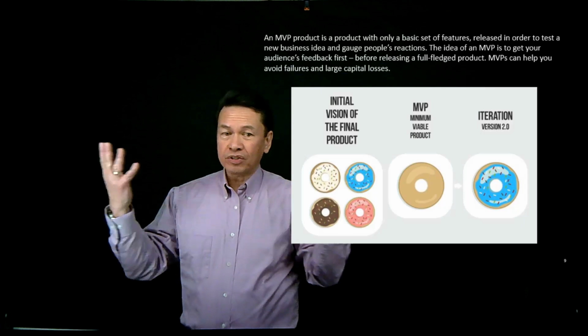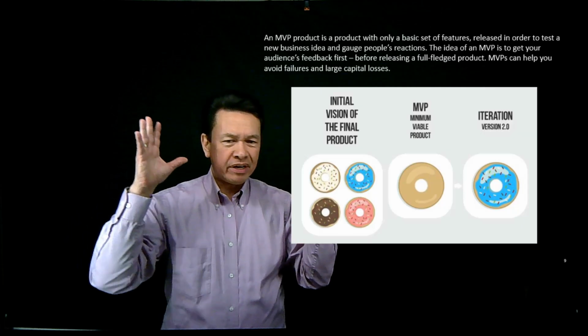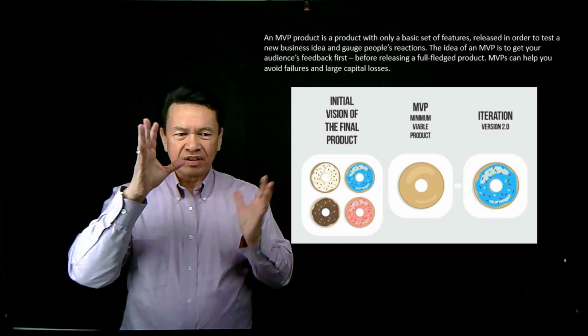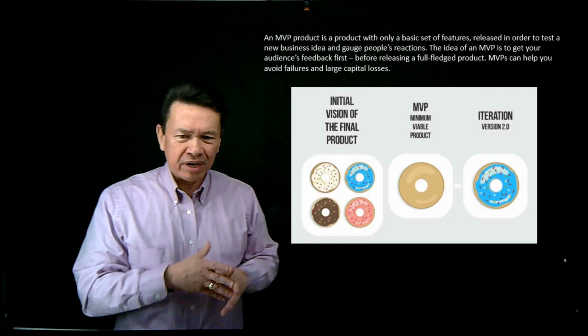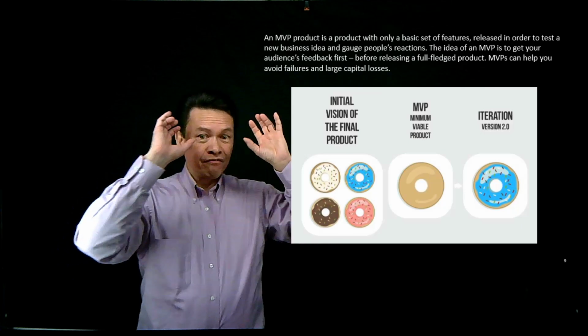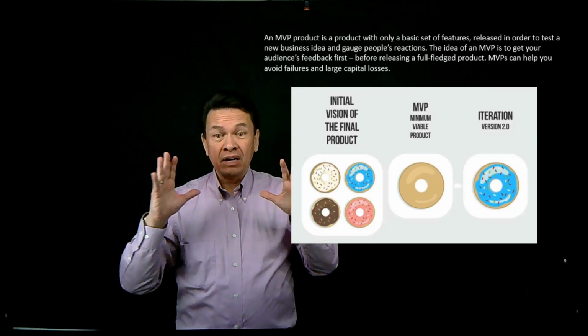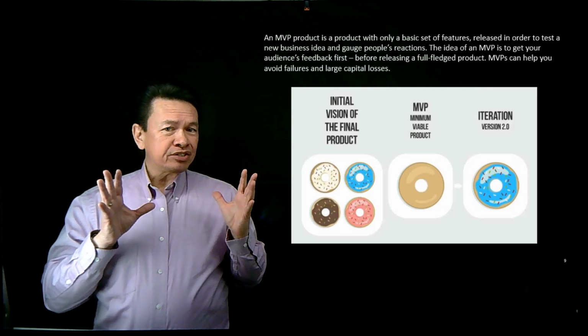Let's say Bill wants to start a donut shop. And I have this beautiful vision of having blueberry donuts, and I'm going to have some weird flavor like guacamole donuts, and I'm going to have bacon and maple donuts. So I have a vision for this beautiful donut shop, and then I want a physical space and all that. But before I launch that, you know what I should do?